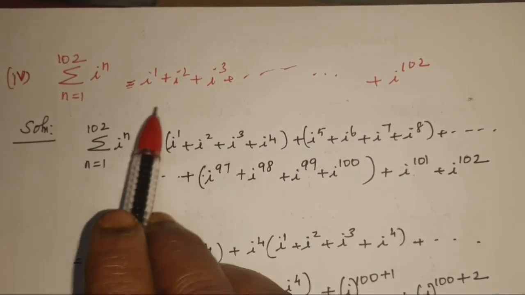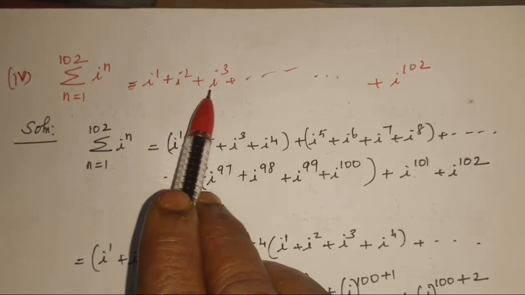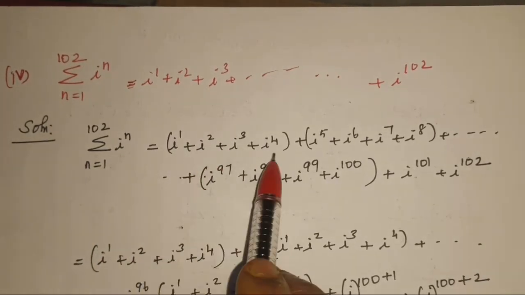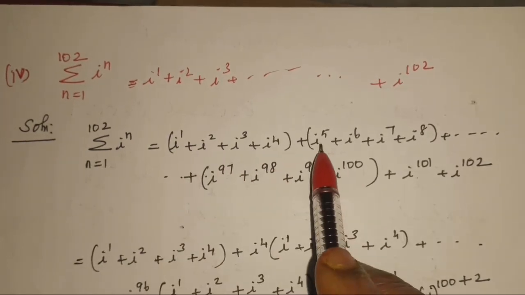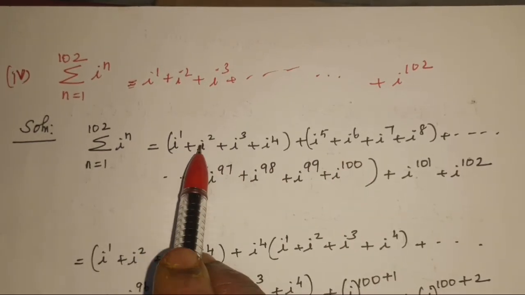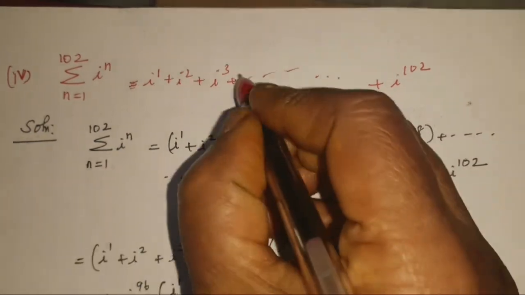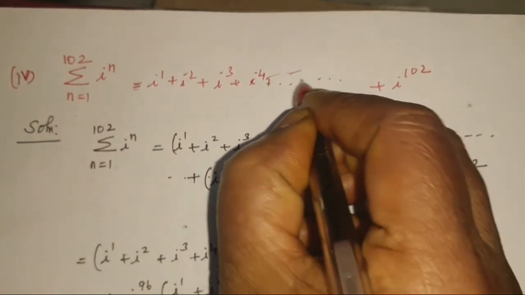See, I write it here. I power 1, i power 2, i power 3, i power 4. Take 4 units. I power 1, i power 2, i cube, i power 4. Why am I saying this? Again, i power 5 is going on. See that: i power 1, 2, 3, 4, first 4, that is i power 4. Similarly, i power 5 going on.